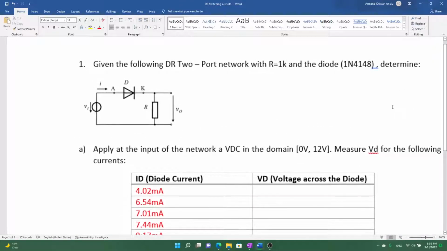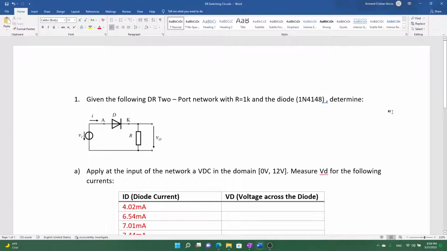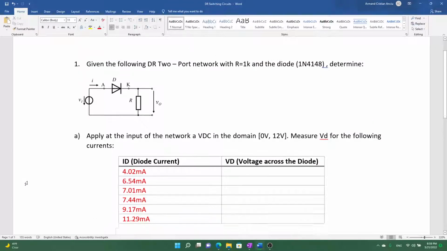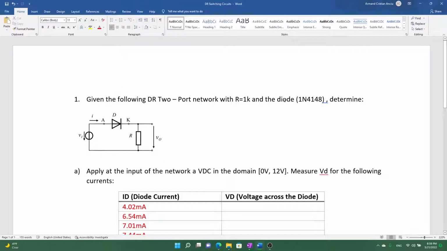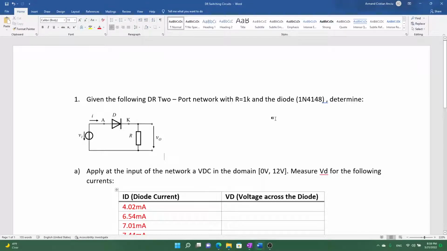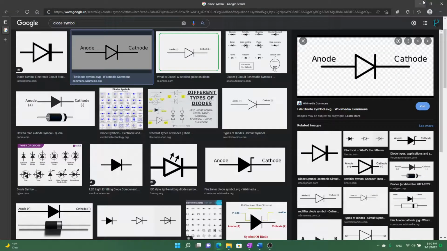So this time we're not going to work on paper, but rather we're going to work with a simulator called LTSPICE to solve these two simple exercises. So we're given this following two-port network with R1 being 1 kilo, and a diode 1N4148. In real life, we cannot work with ideal components, which is why I have chosen a real model for the diode. If I open LTSPICE,